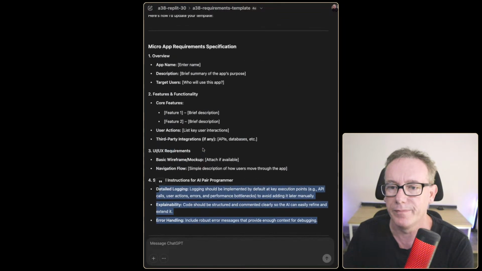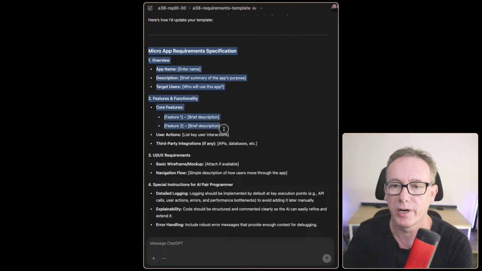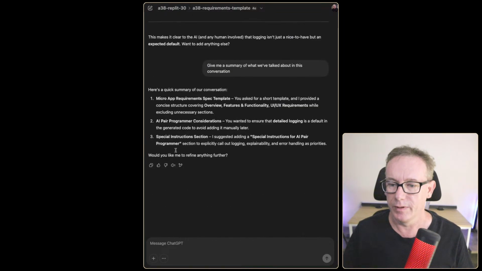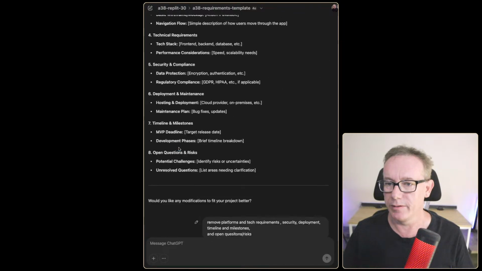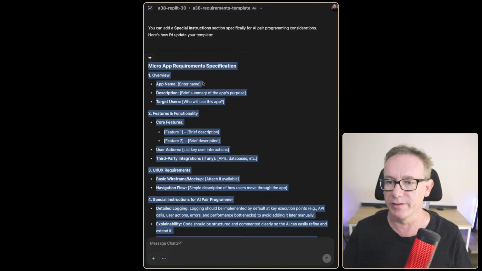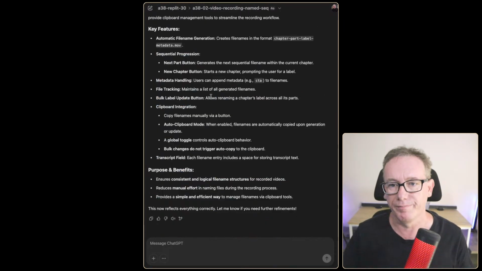But what we'll do is we will take this micro app requirements and we'll put it there. And I don't think I was trying to do it in here. No, this is just our template for now. So we'll leave that right there and we'll come over to here. And we'll say,